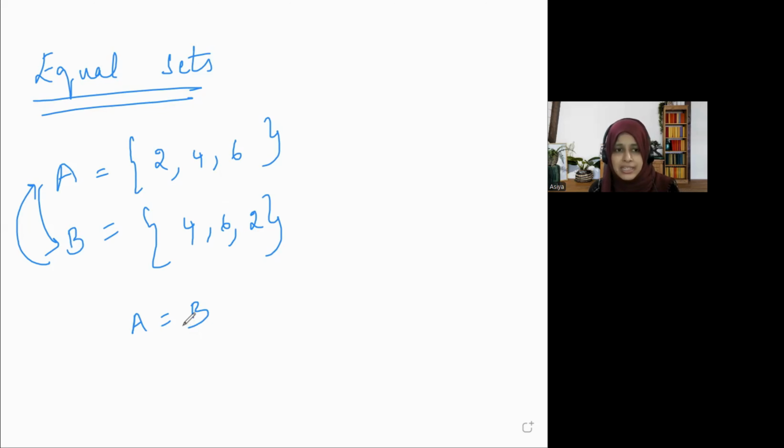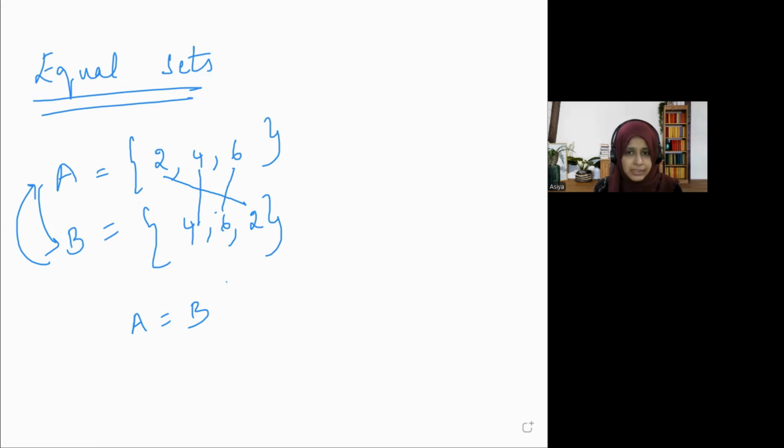What are my equal sets? If they have exactly the same elements, you see, we exactly have same elements in both the sets, so they are called equal sets. Now, sometimes what may happen is,